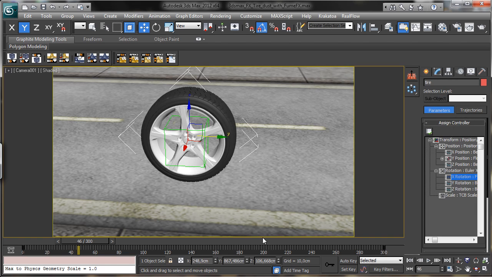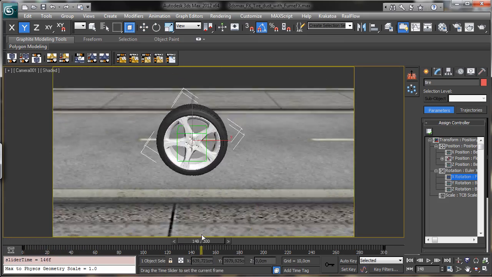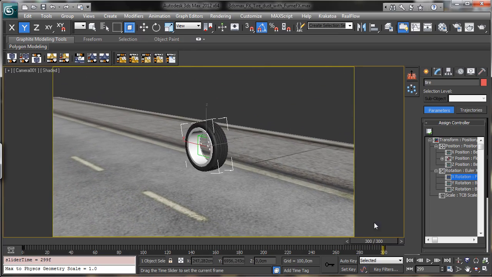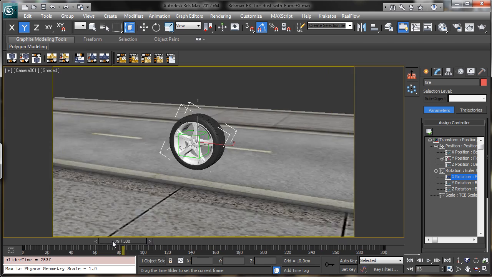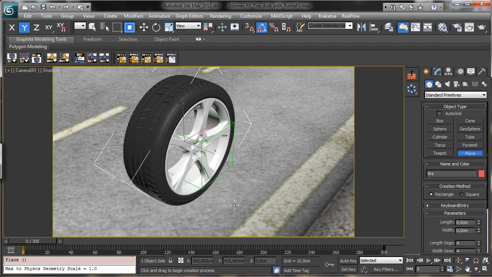Evaluate and close. Okay, now it is a little bit better. Okay, so let's save, and now I'd like to have a particle emitter there, so we need to create a